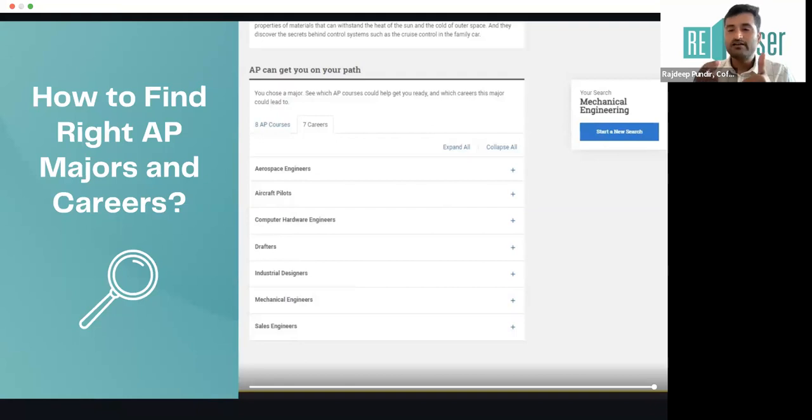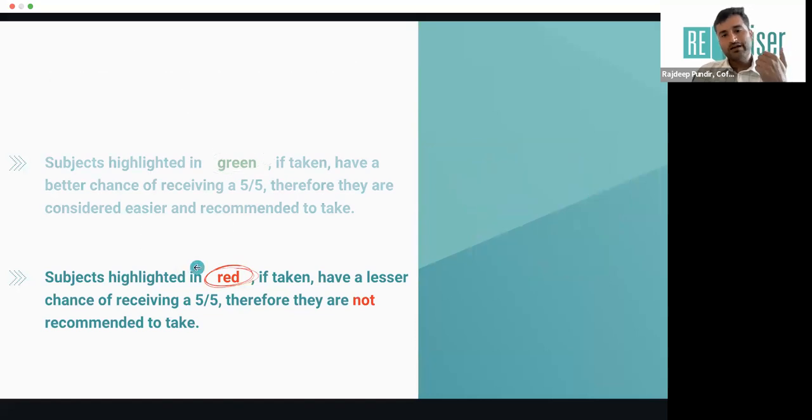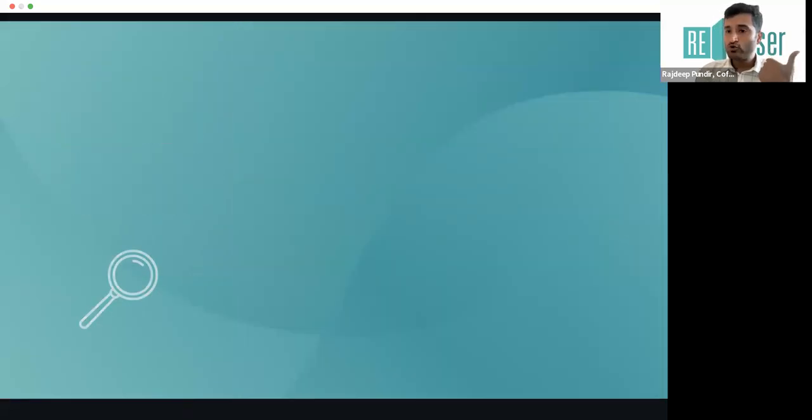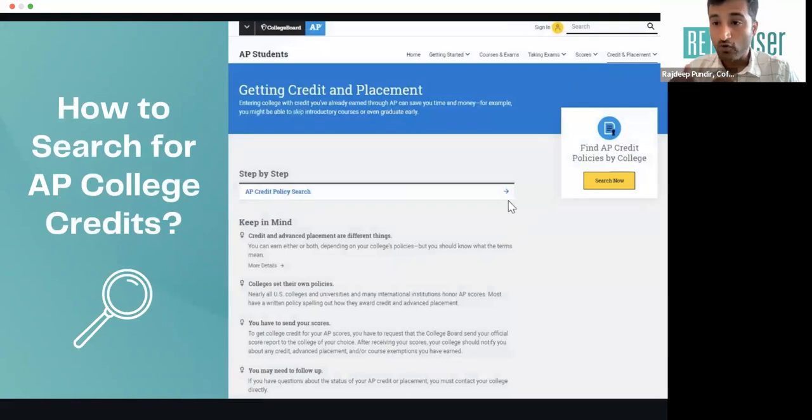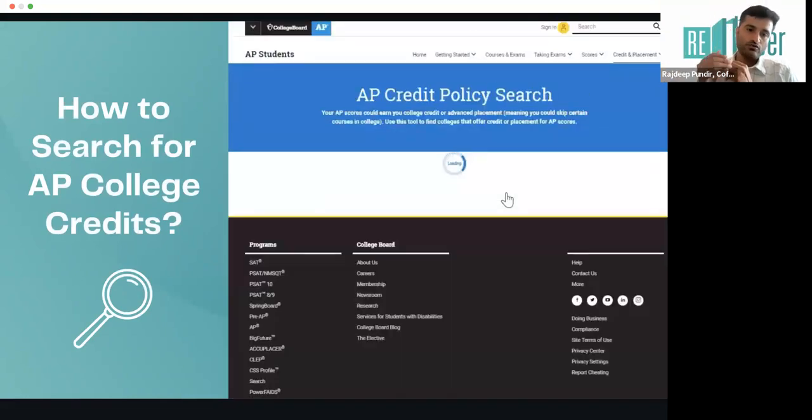The first we did through the scoring. Second, we did it by looking at the major that you're trying to do in college, right? Let's assume there are certain students who are still not very clear what major they want to do. In that case, there is a third way to do it, and the third way is by going through the colleges. Are you very clear what colleges you want to target? So we can do that.